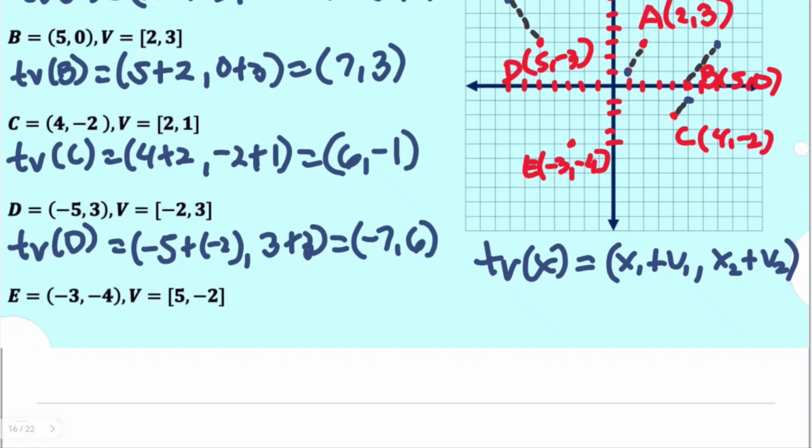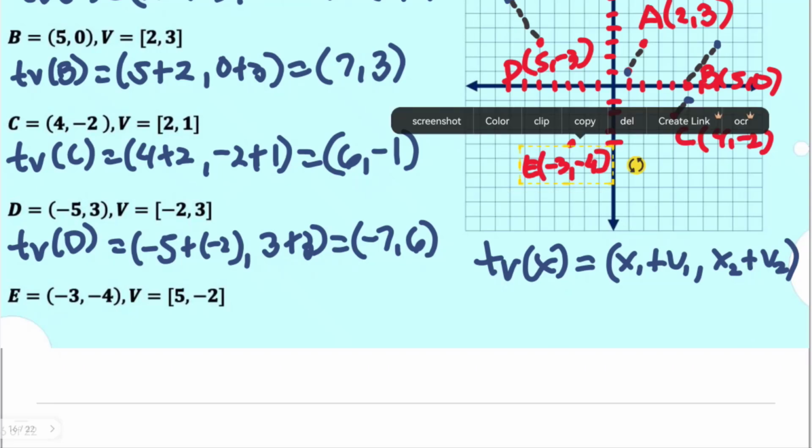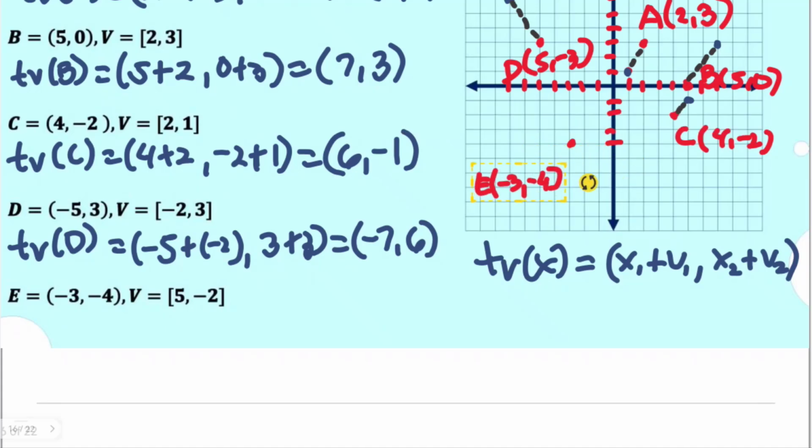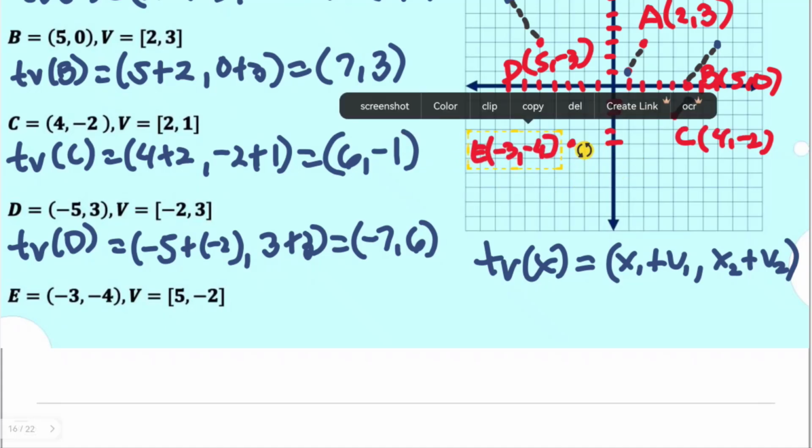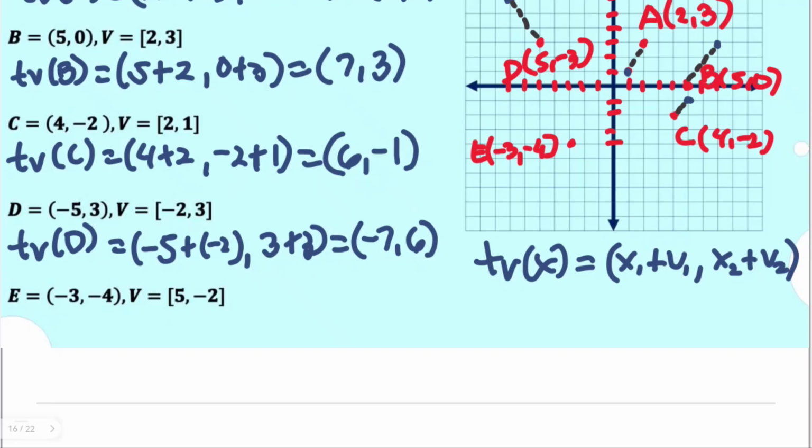Now I would like to move this label for E because my vector for letter E is 5 and negative 2. That's actually, if we're going to plot that solely on the Cartesian plane, on the fourth quadrant. So I would be expecting movement downwards towards bottom right. So it would cover this. So let me move this here. I will be expecting a point somewhere in this direction as this moves towards that. Okay, those were some hints that you could actually look at, but of course it pays to really check that